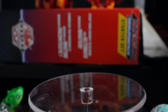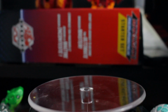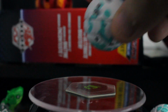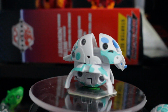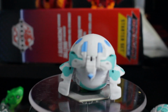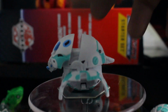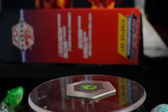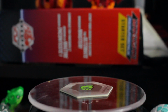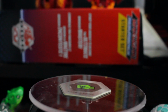And then we have Haos Tyranno. I actually have forgotten what his stats are, so once we look at the cards, we'll be able to know. But he looks cool. I know the Aurelus one is really, really good. It has the best Diamond Evolution, which is funny because I just said earlier that Diamond Evolution sucked. But I guess recently there's a couple Bakugan that have good Diamond Evolutions, and I will show you the other Bakugan that has a good Diamond Evolution, and her name is